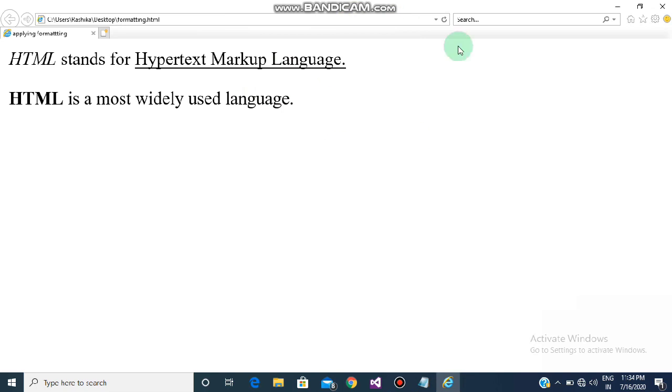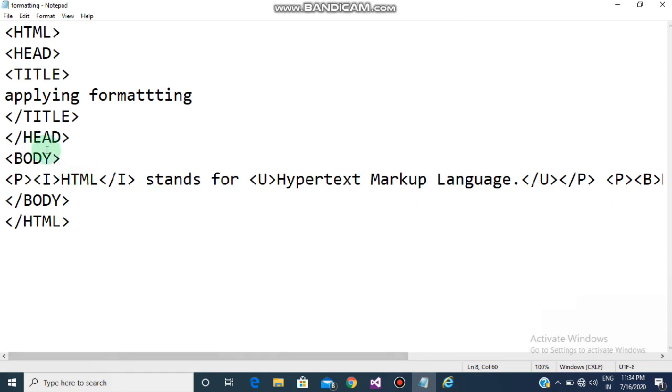Now children, as you can see, the page is blank. As of now, there is no background color. Now we want to apply some background color. So we'll go to the coding window, and for that we need to use attributes. Understand children, it is an attribute and not a tag itself. BG color is an attribute which is used to give the background color. We need to write BG color inside the body tag, because it is an attribute of the body tag, and then we use the equal to sign, and then whichever color you want to give. Say I want to give yellow.